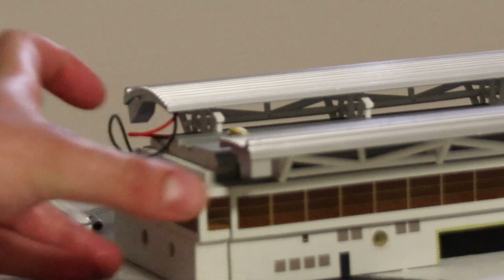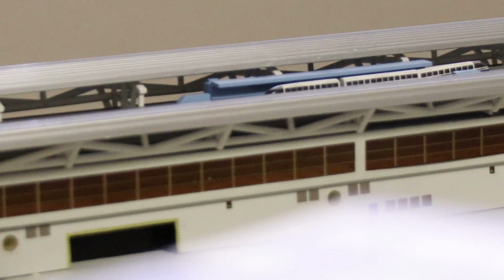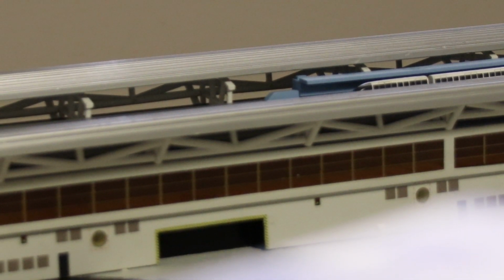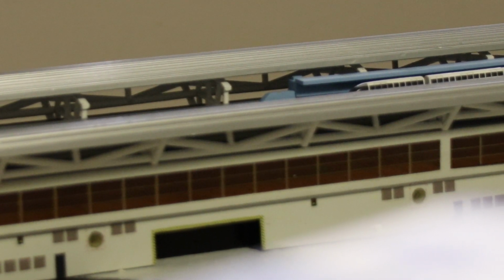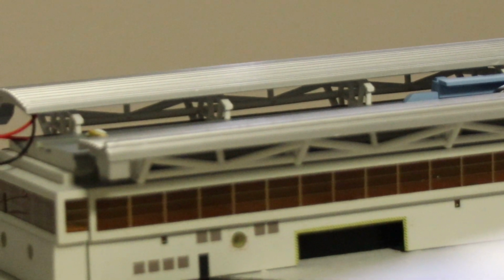It's a magnet, so it attaches magnetically. And the terminal itself is very heavy. That is because on the bottom of the terminal, there's actually a piece of plywood supporting it, unlike the newer GeminiJets terminal, which is much lighter. Perhaps that's why they needed the box A, B, and C. But if I light up the terminal,